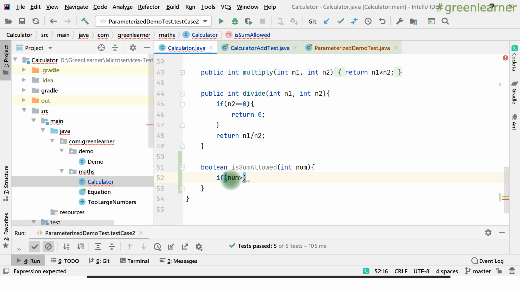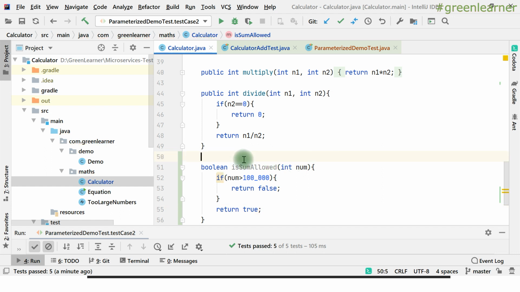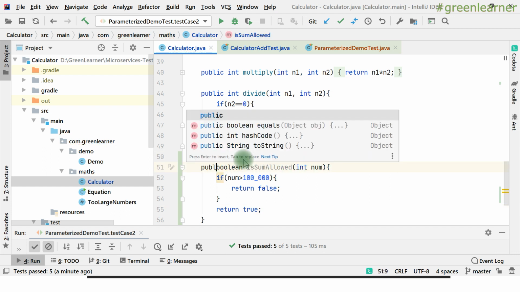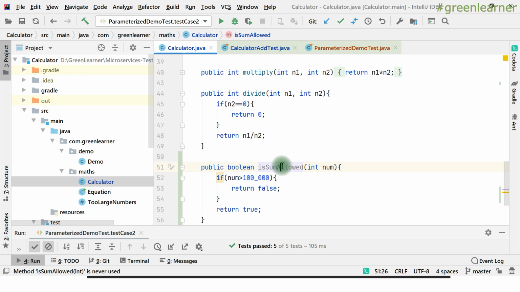If it is very large, if it is 100,000, then I want to return false, otherwise return true. So this is just a dummy method that I wanted to show you. What it is doing is taking a number. If the number is greater than some threshold, it returns false, otherwise it returns true, right?